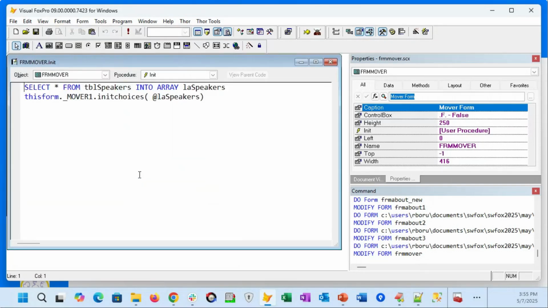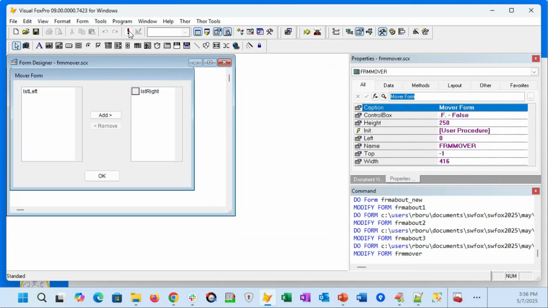In this example, and again, also in your session downloads, I just created a little table called Table Speakers that has a list of all of the speakers for this conference today. And so we're just going to select that into an array, and then we're going to call init choices using that array and passing that array for the values. So when we run that,